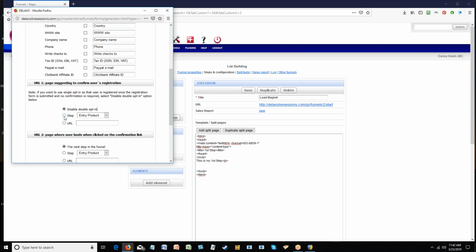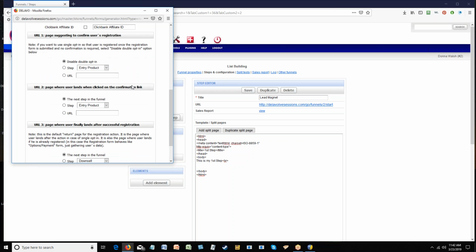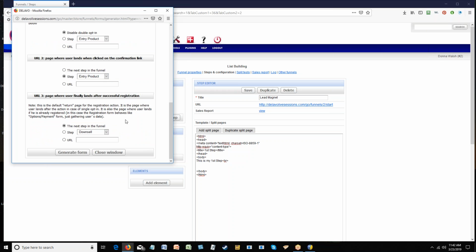If you disable the double opt-in, the step they're going to has to be the entry product. If you've disabled it, select the disable option below. If no confirmation is required, then they're going to go to the next page. And when they land on the confirmation link, you want them to go on to the entry product. After they've registered, you want to send them to the step again for the entry level